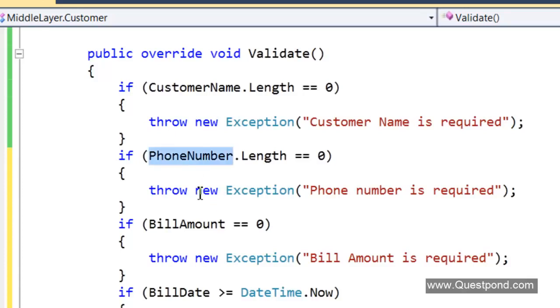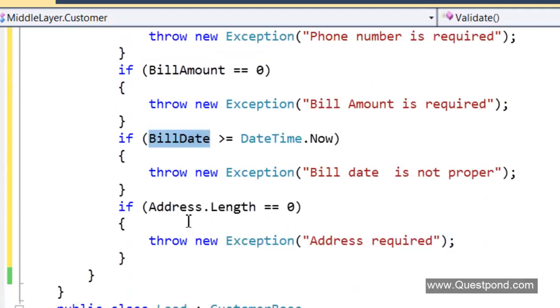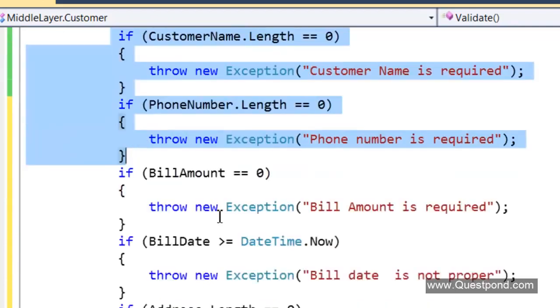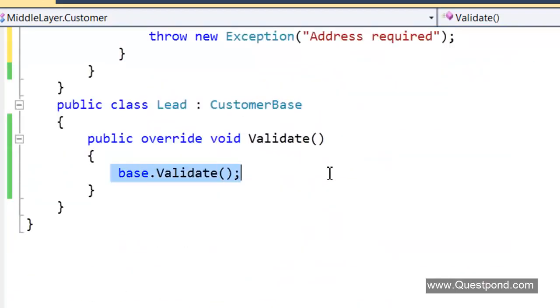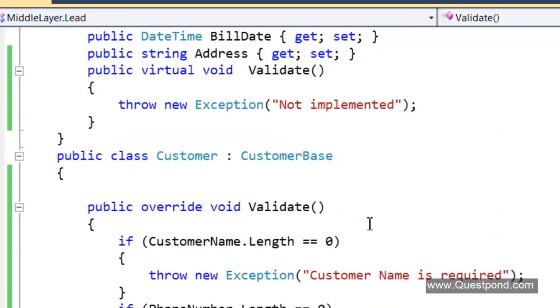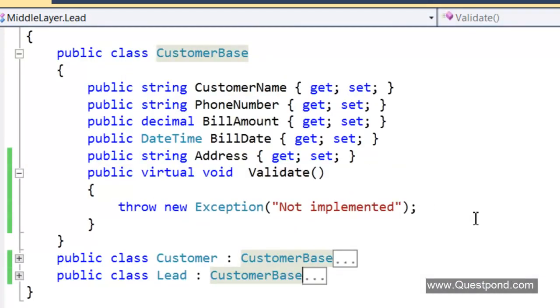You can see phone number is compulsory, bill amount is compulsory, bill date cannot exceed today's date, address is compulsory, etc. But for the lead, only the name and the phone number is compulsory. So now we have the customer and lead, which are concrete types, inheriting from the customer base and overriding the validate method as per their needs.